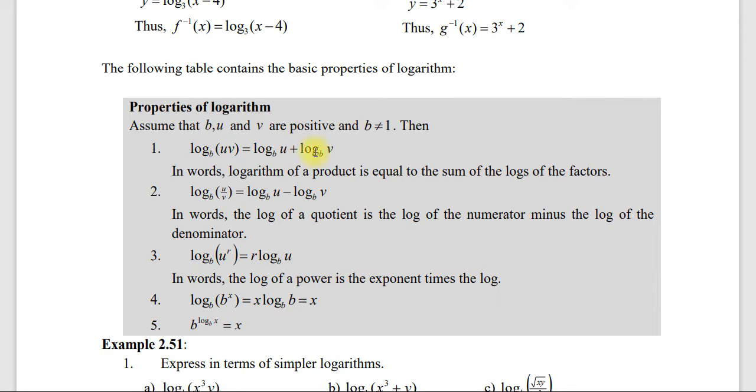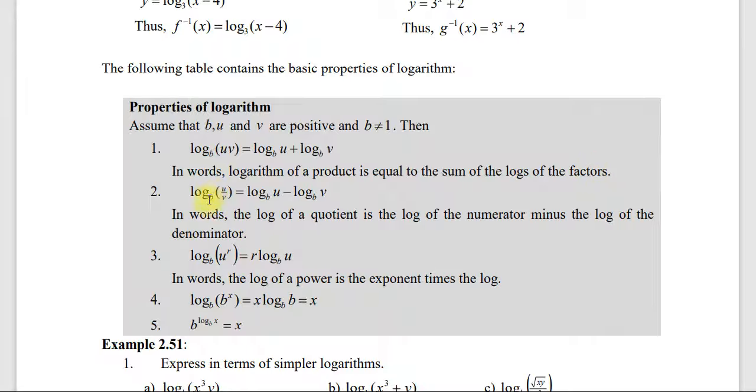ሎግ u in base b plus ሎግ v in base b ማለት ነው። ስለዚህ ማባዛት ከሆነ እዚህ ላይ uv ከሆነ ማባዛት ከሆነ በታትነን መጠቀም እንችላለን። በታትነን in words the logarithm of the product is equals to the sum of the logs of the factor እንደማለት ነው።